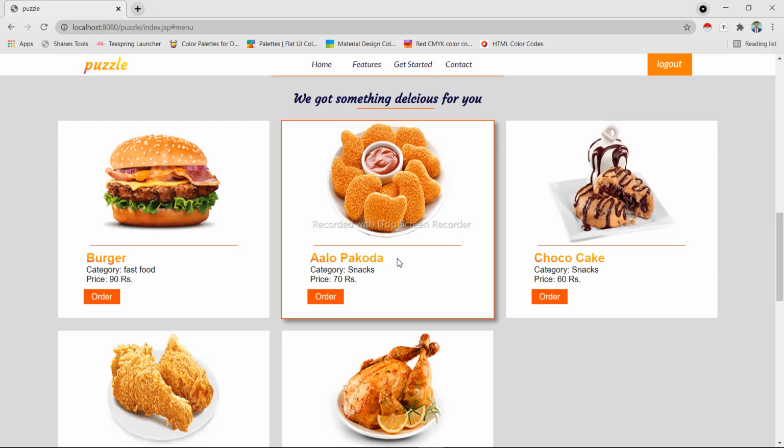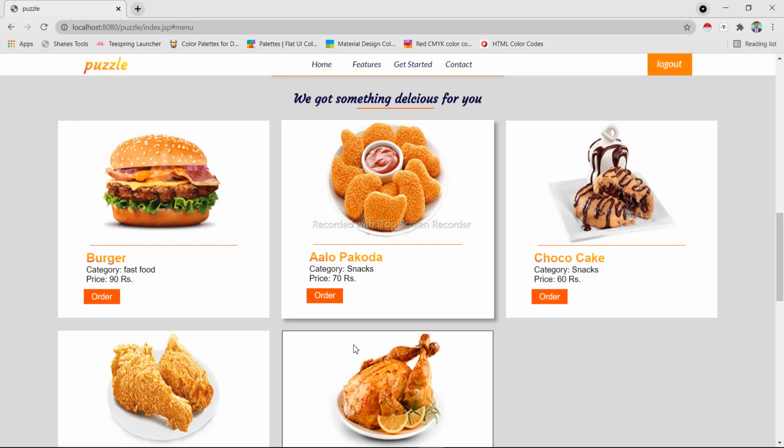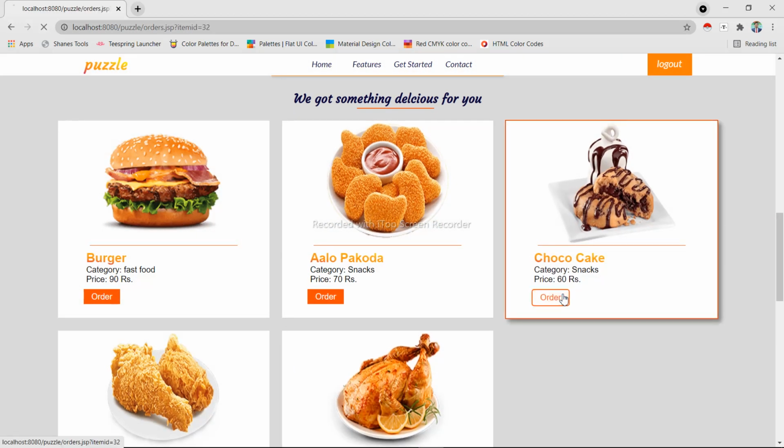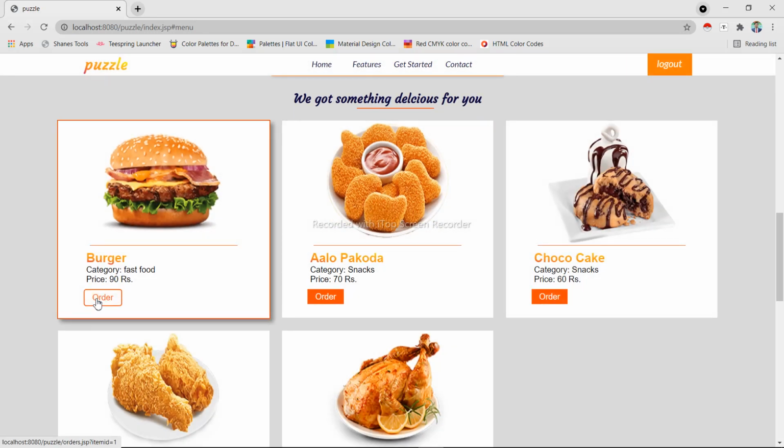No, the order page is the same, only these contents, the image and the name, are being changed dynamically. So if I click on any of these, you could see that this image, the name, category and price are being changed dynamically. So let's order burger for now.